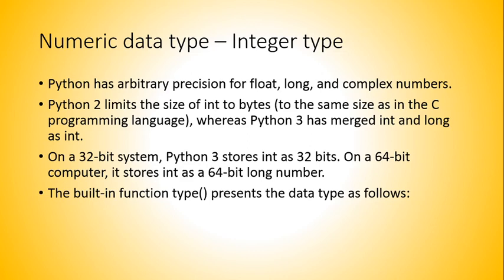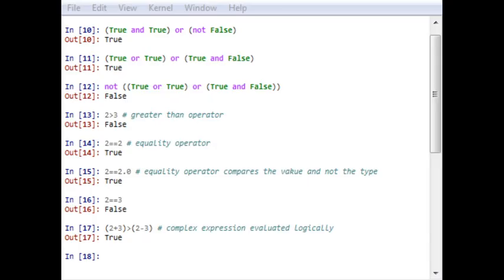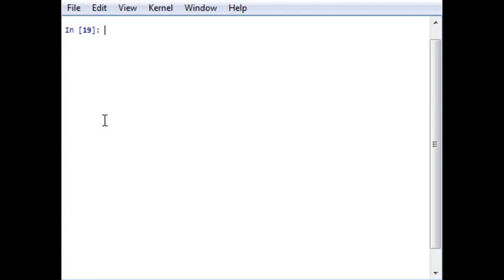So the built-in function type is used for data type. We can also check it here. For example, in my code, I am going to write in Python how I can check the type of the command or object. First we will clear the screen. Now, as I have suggested, type is used for knowing the data type of data.